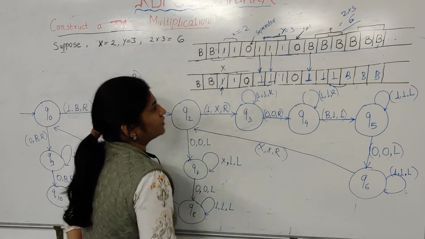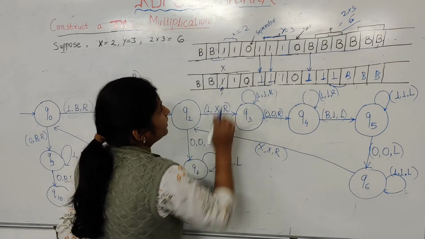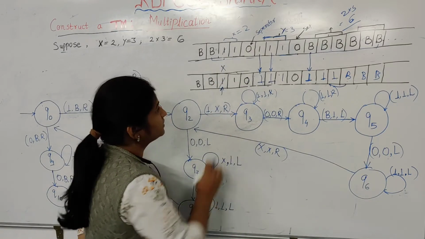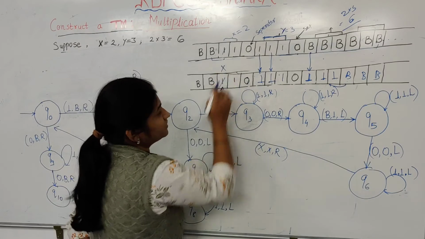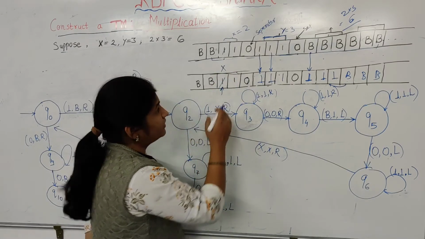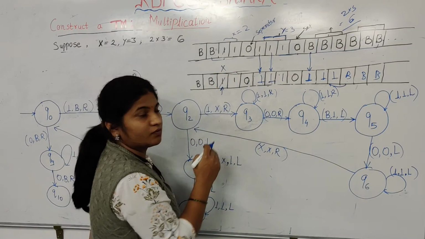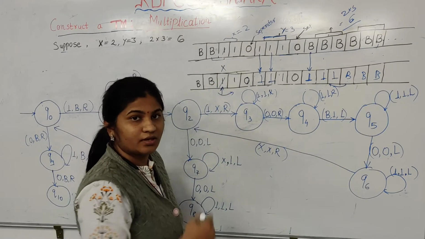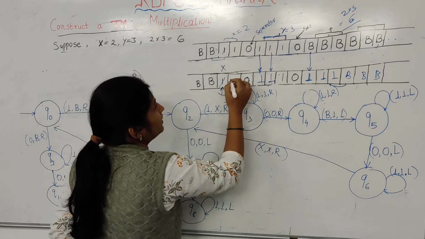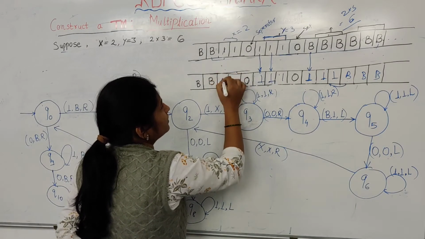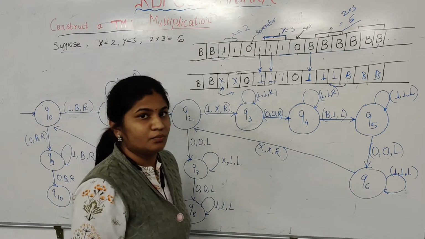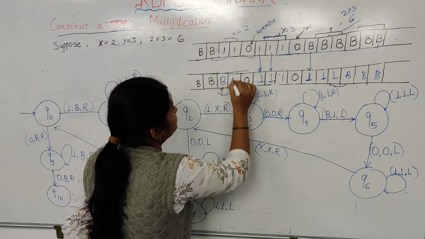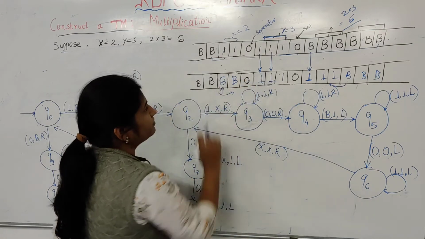Now if we encounter the 0, keep it as it is. If we encounter the 1, keep it as it is. If we encounter the x, we understand that this symbol has already been read, and the right operation has been performed. Already it has been modified. So we will move towards the right side. So we will change this 1 now to x. Already this is modified, and this also we will modify. Okay, it was modified by blank.